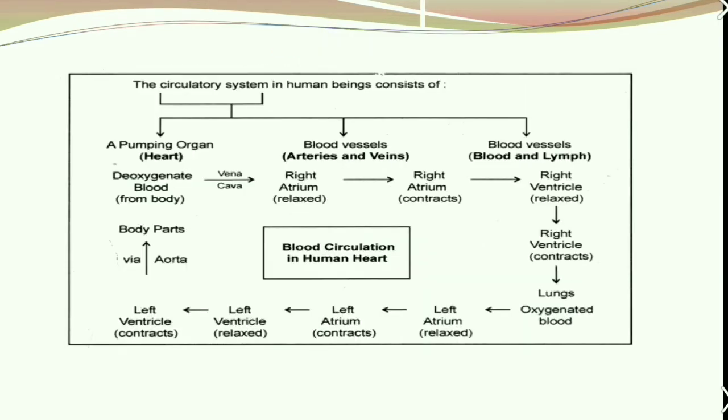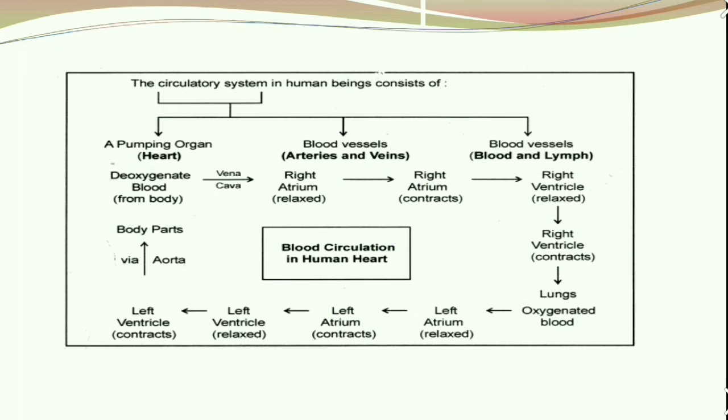So, now what happens in the human circulatory system? The human circulatory system contains a pumping organ, the heart, the blood vessels, arteries and veins, and the blood and lymph. What happens is,